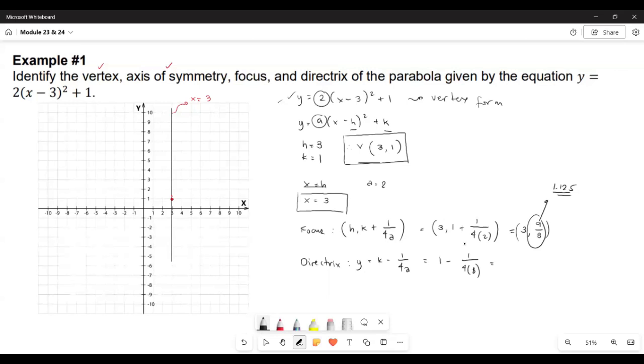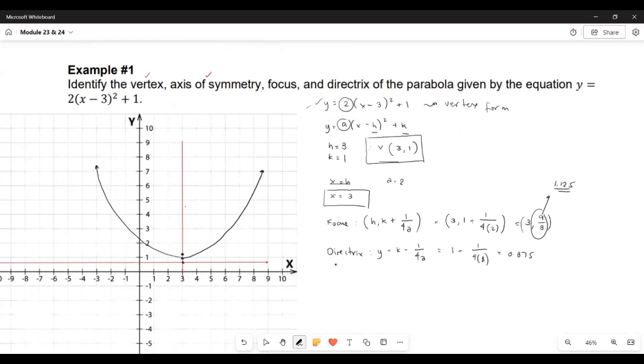Okay. So the value or the location ng ating directrix is 0.875. So actually 7 over 8 ito, pero pwede nyo gamitin yan. Okay? So if i-graph natin itong 0.875 na y value, dito siguro siya magfo-fall. Dito siya magfo-fall sa portion na ito. So, medyo maliit lang yung ating illustration. So, as you can see here, class,